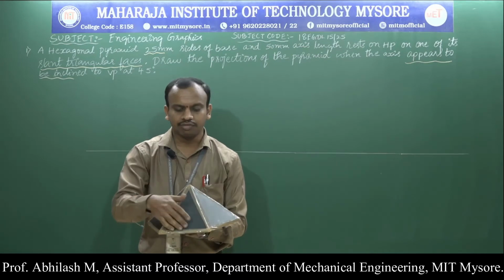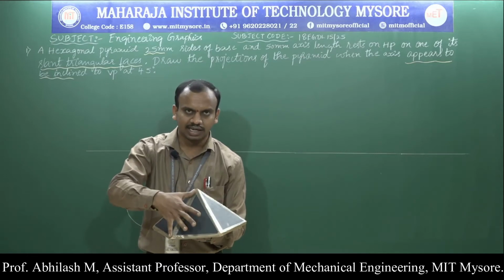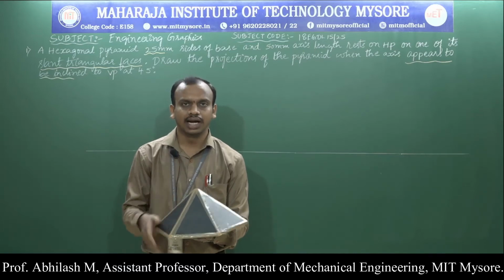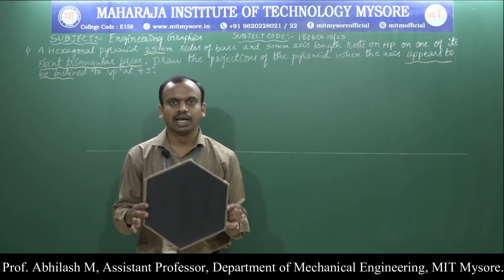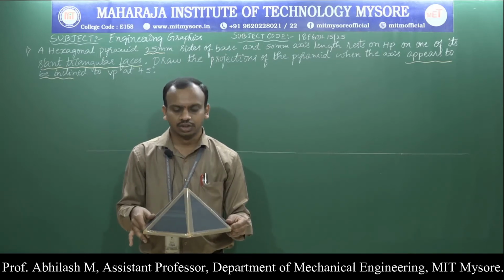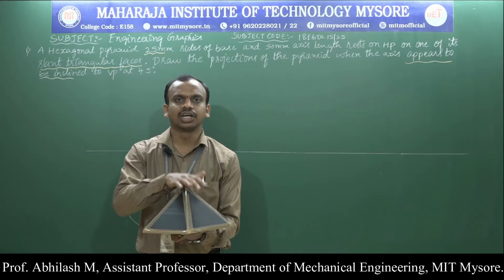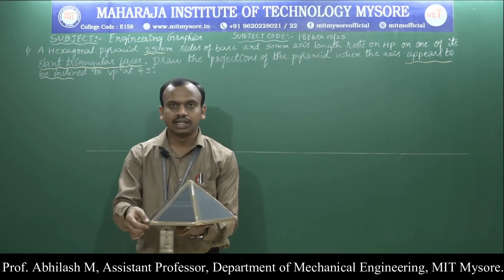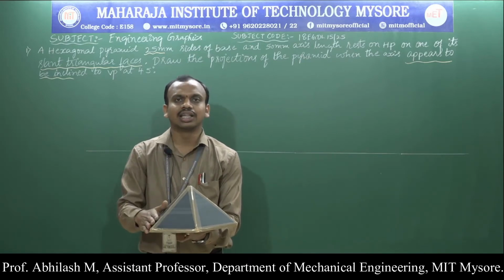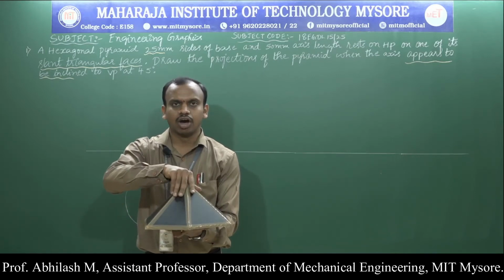So we know the definitions of each term. We know what a corner is, what an edge is, what a slant edge is, and what the slant triangular faces are. Here they clearly mention that this hexagonal pyramid is resting on HP on one of its slant triangular faces. So if you go back to the plane condition, it is a hexagon resting on an edge condition. Here that edge condition gives us resting on a slant triangular face. If it were on a slant edge, it would have been the corner condition.